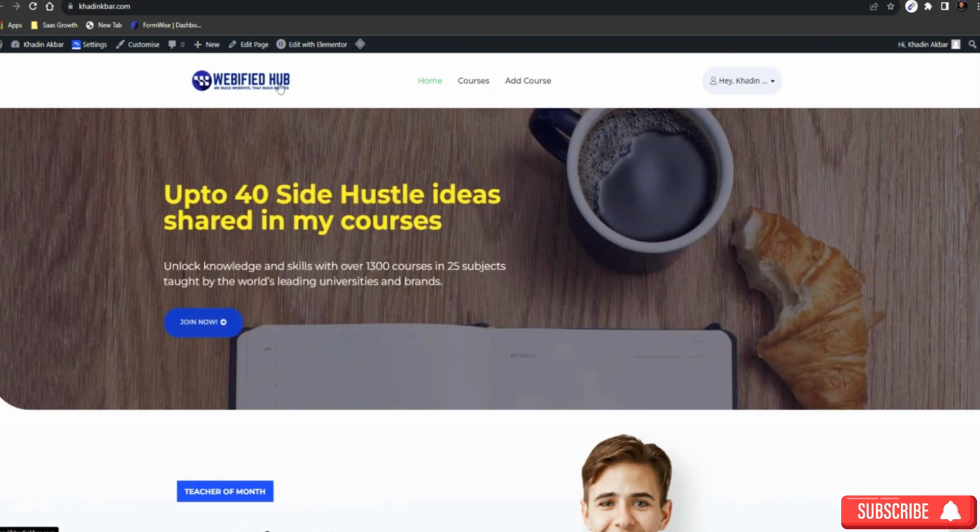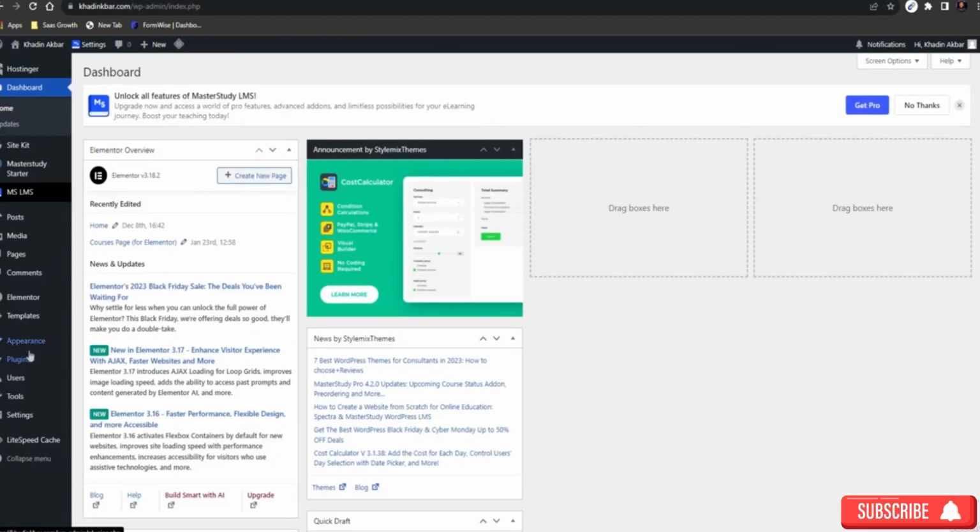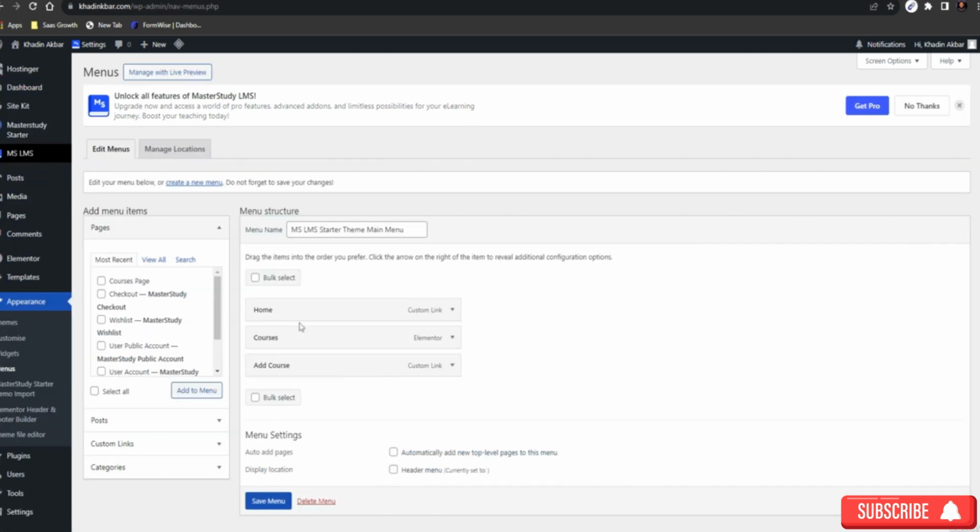You might be thinking, we changed the logo, we changed everything, but how do we change this menu? Let's say we want to add any other thing here, or we want to change the structure, or we want to remove something. How do we do that? You just have to go to your dashboard, go to appearance, go to menus, and from here you can just